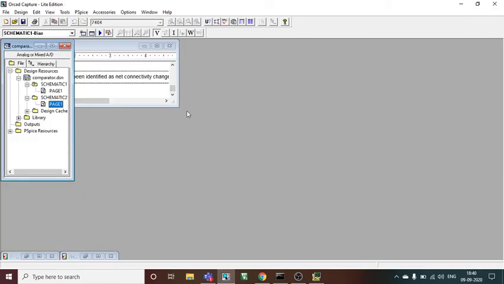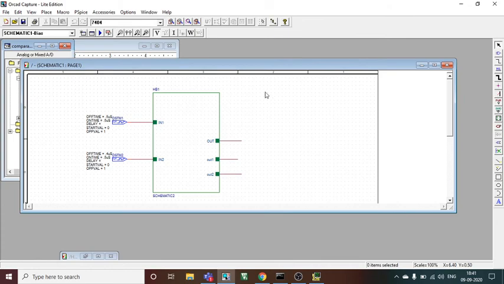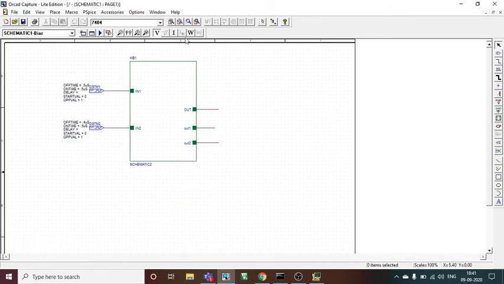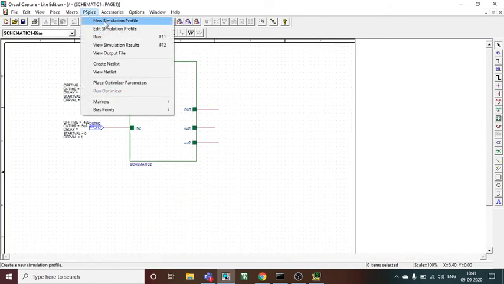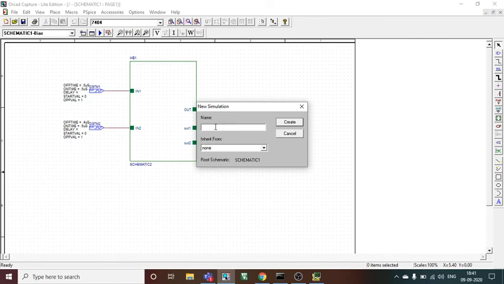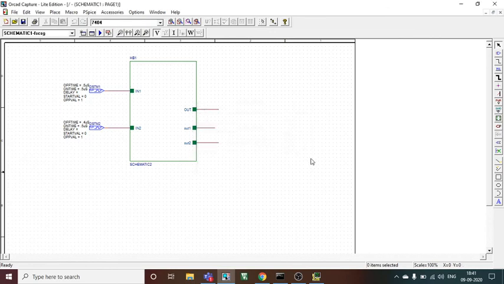Now I can go back to the hierarchical block and go to PSpice, as we already know how to do it now. PSpice, new simulation profile. You can check my previous YouTube videos for any confusion on how to use this OrCAD software.